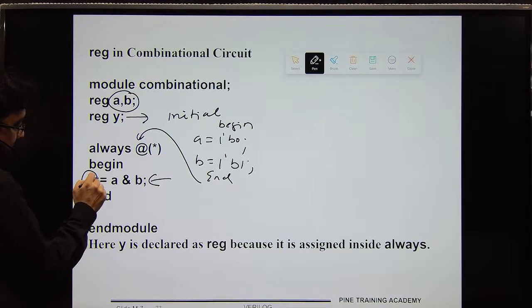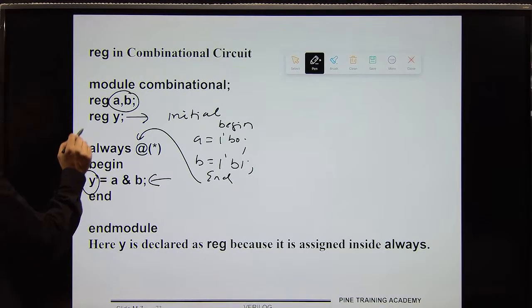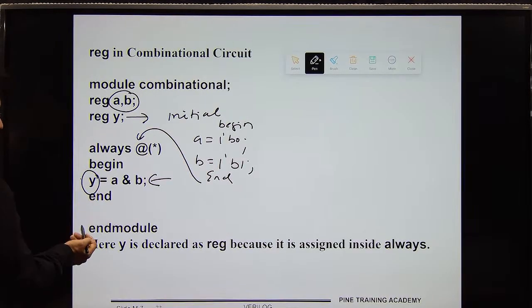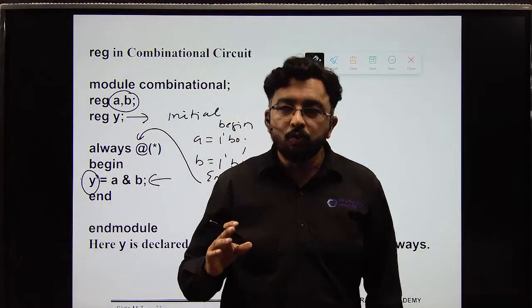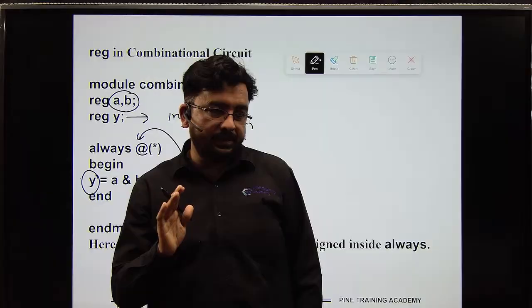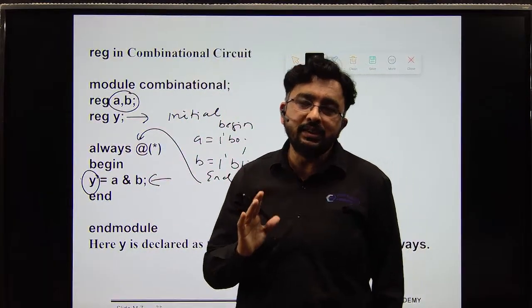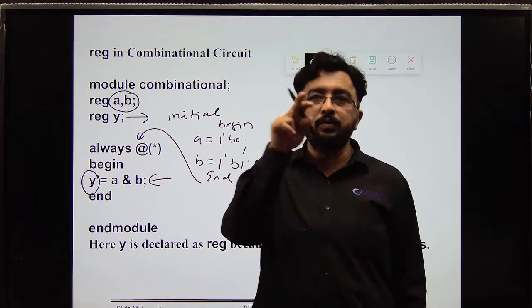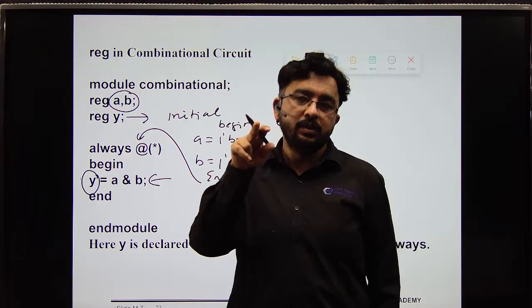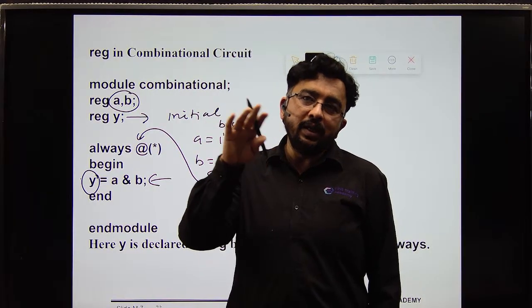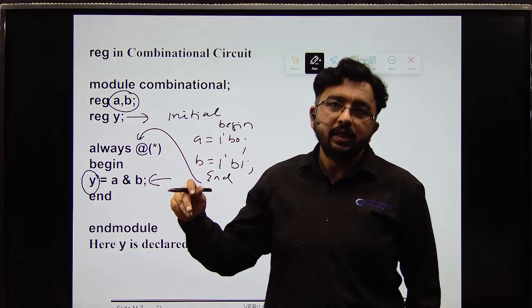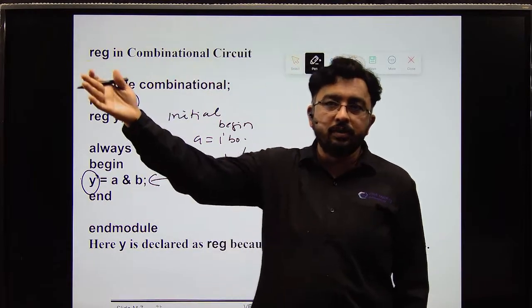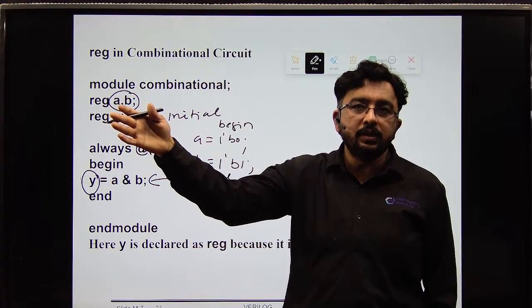Again, why are we using this output Y as a reg? Because in always, what is the main fundamental of always? The main fundamental of always is that it always repeats the value, it always feeds back the value. So whenever this Y is required at some time as an input,